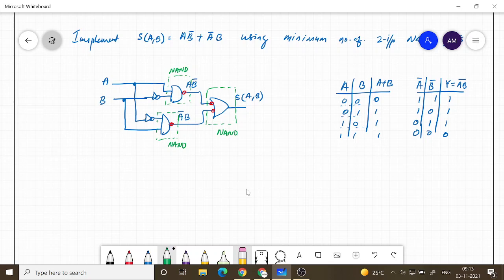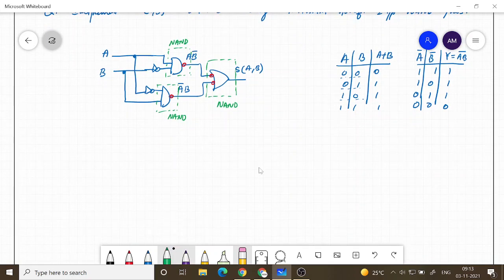And then we need a complement which you can implement by using NAND gate. So I can now redraw this circuit in terms of only NAND gate.